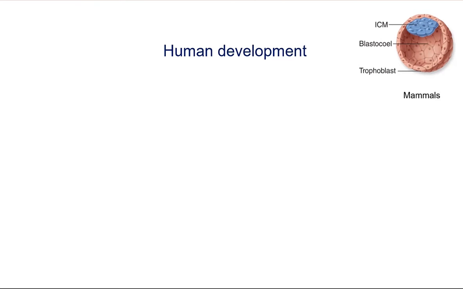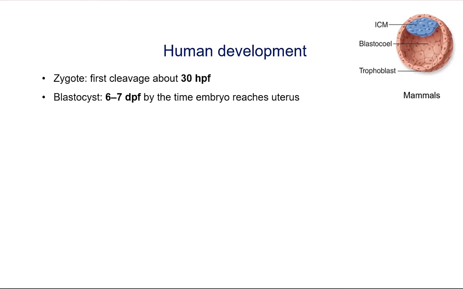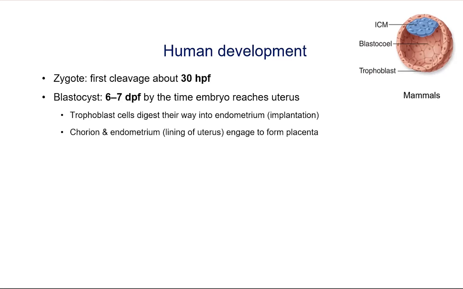Now, in order to get a big picture view of the process, let's take a look at the overall process of human development. In humans, the newly formed zygote undergoes its first cleavage about 30 hours after fertilization. It becomes a blastocyst by the time the embryo reaches the uterus, which is around 6 to 7 days after fertilization. At this point, the trophoblast cells digest their way into the endometrium, and the chorion and the endometrium engage